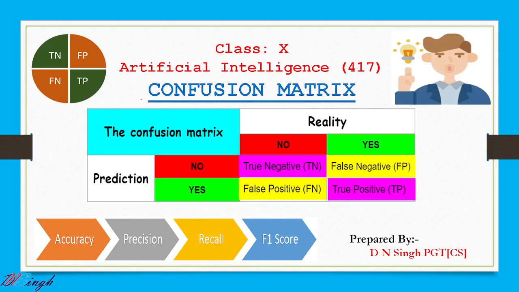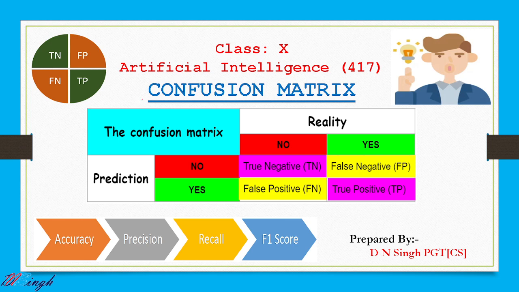In this video, we are going to discuss Unit 4 of your subject Artificial Intelligence. In that, we will discuss evaluation parameters and the most important topic, that is confusion matrix. 100% a question is going to come from that part in your board exam. So if you see this video, definitely you are going to get at least 2-3 marks in the Artificial Intelligence